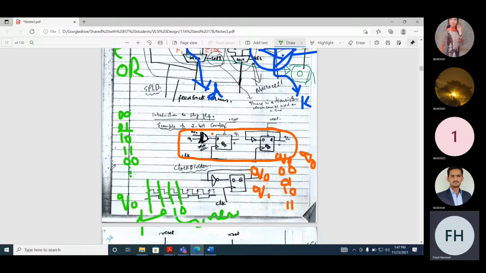So it can be implemented with an exclusive OR gate. Now if you look at this structure, how many macro cells do we need if we want to implement this within an SPLD? 2 macro cells. And both of these macro cells will be configured in a combinational mode or a sequential mode? Sequential mode. It will be in a sequential mode.